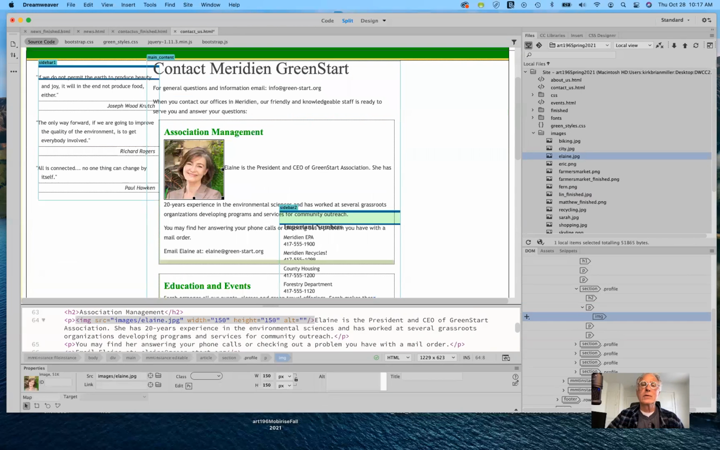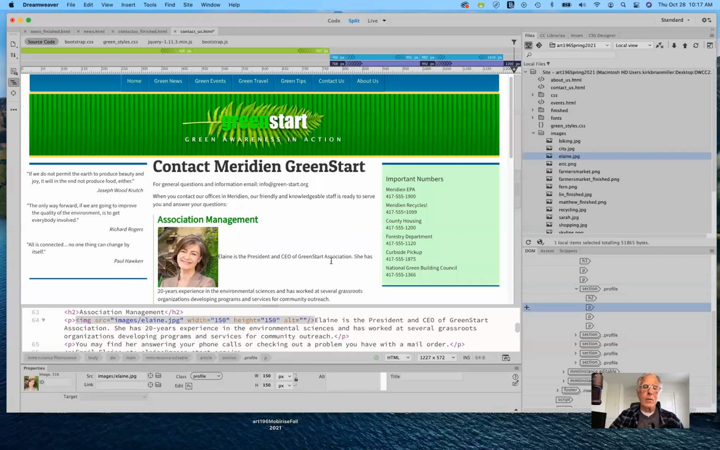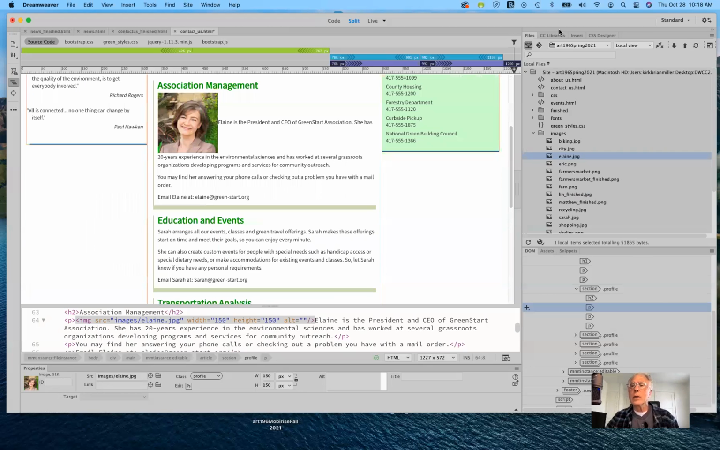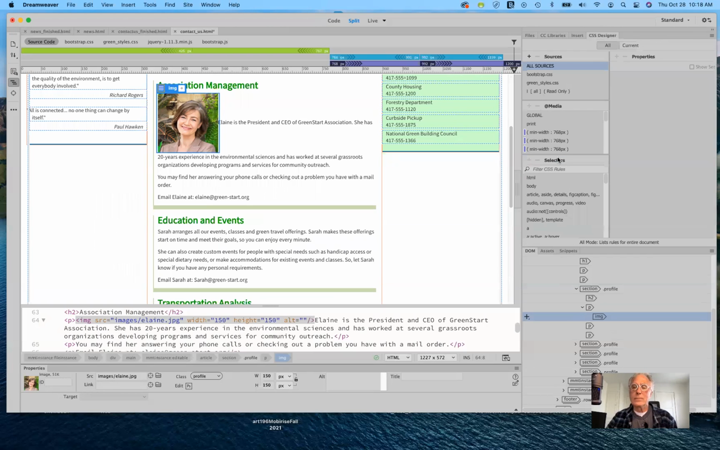And now I'm going to switch back to live view, and you can see that it places it inside our paragraph, but it's not going to be viewed the way we want it. Notice that the first line of that paragraph is inserted directly midpoint to the right of the image, but it doesn't wrap around the image the way that we would like. So that means that we now need to go to CSS Designer, and we need to create a new, actually,